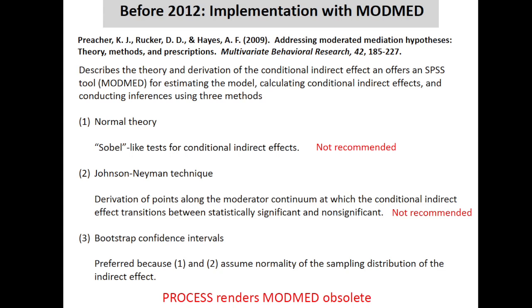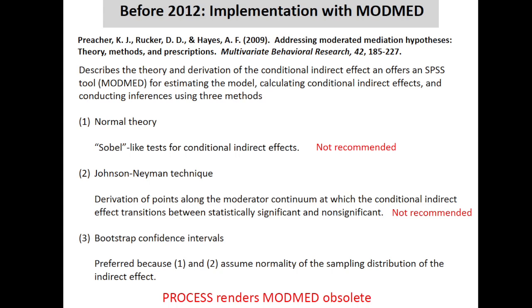We also derived the Johnson-Neyman results for conditional indirect effects, which seems like a natural extension. But I actually don't think that was such a good idea anymore, and I think Chris and I are in agreement on that. Sometimes you have a good idea and you can even convince people it's a good idea, and then you realize later, oh, maybe not. So I don't really recommend this because it does invoke this assumption of normality. The derivation of the regions of significance for conditional indirect effects does invoke this assumption of normality of the sampling distribution. So I'm not so comfortable with that. Bootstrap confidence intervals is what I prefer.